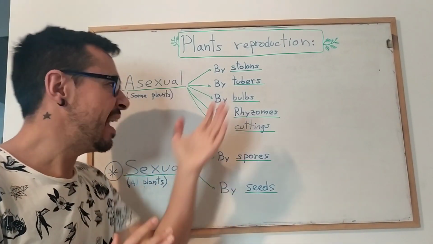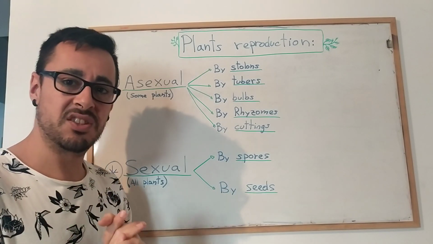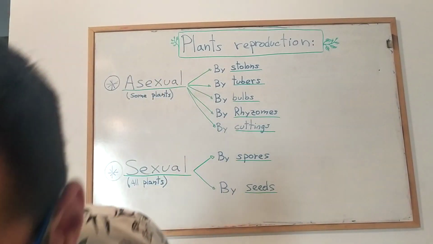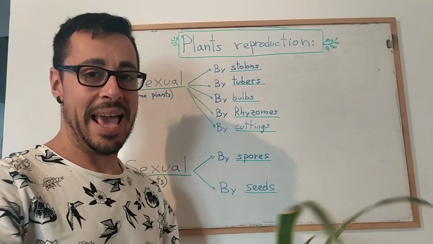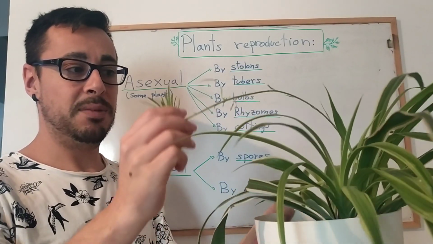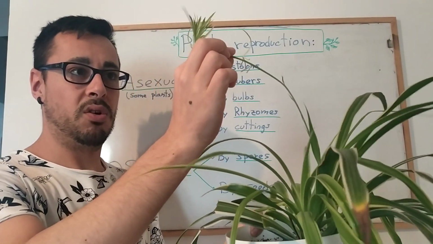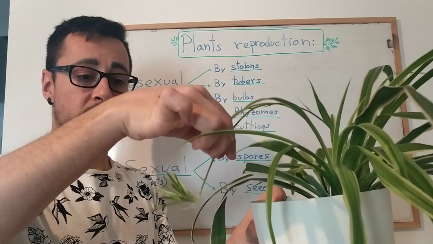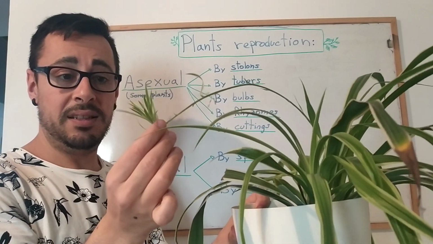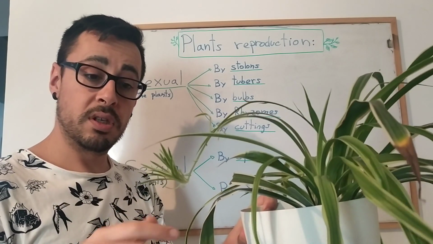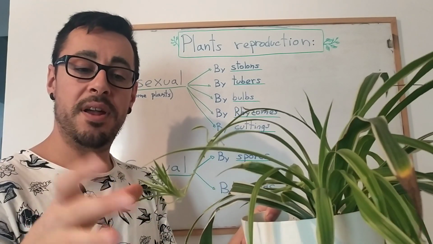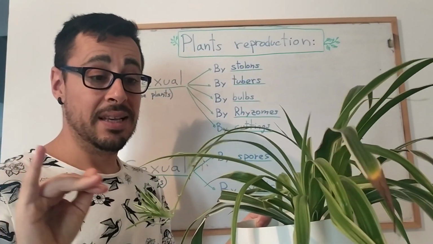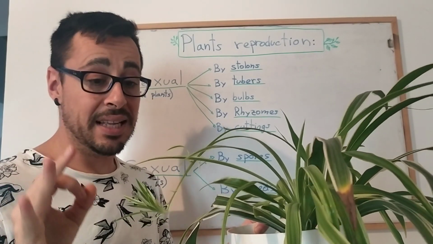And what is every single thing? Okay, stolons. Stolons are branches that come out from the plant, like this one, okay? This plant is forming here a stolon. This stolon is going to touch the soil, okay? And when it touches the soil, this plant is going to make roots, okay? And it's going to grow another new plant. This plant is just the same as this one. It's the same plant. It's genetically identical